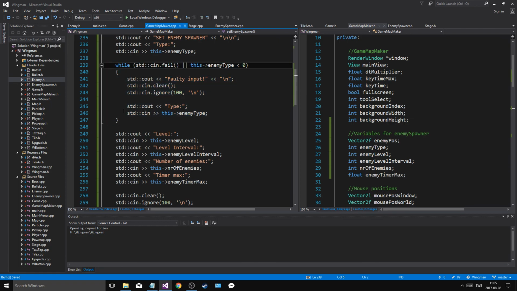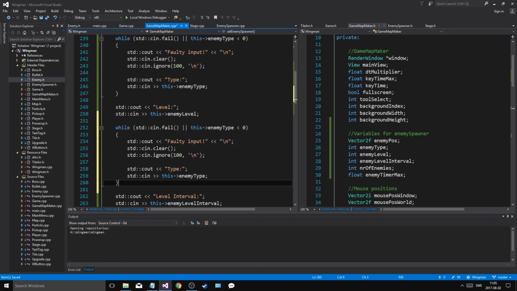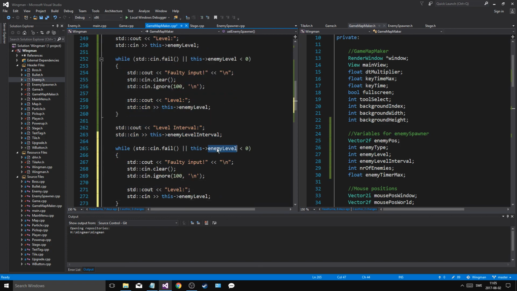And then just do this after every little sin. This is gonna be a pain. I know it's tedious, but it's important. So level, just copy this, copy that in here, say enemy level is less than 0, and then you want to do that enemy level interval